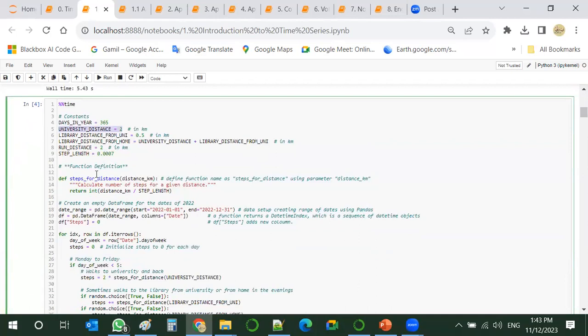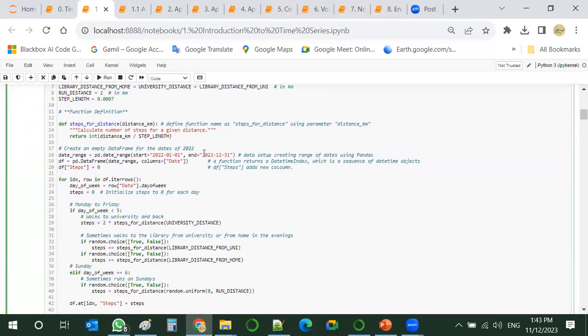So we define a function for that, and we name the function steps for distance, as you can see here. We calculate the number of steps for a given distance, and we create a data frame for a given date.